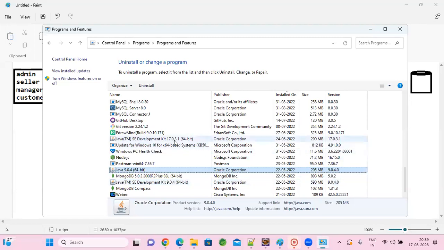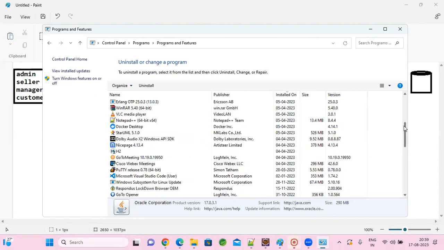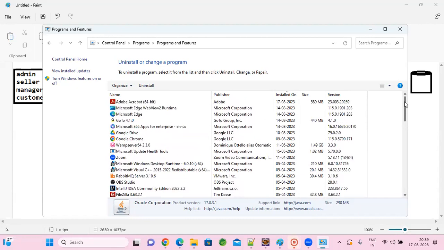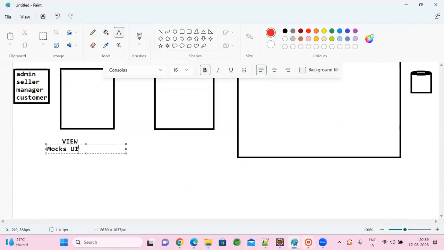I hope Java 8, Java 17, all versions I have. So these front end UIs, initially mockups we will design using eDraw or Balsamic.